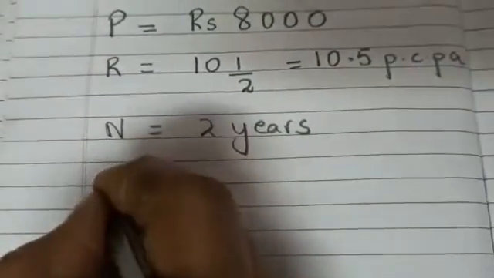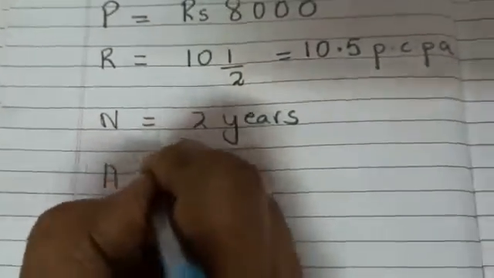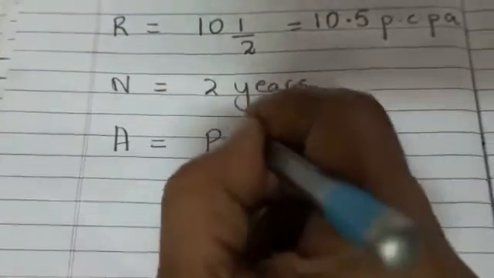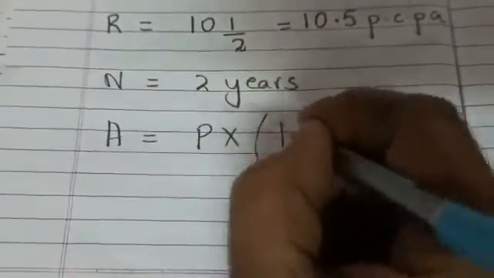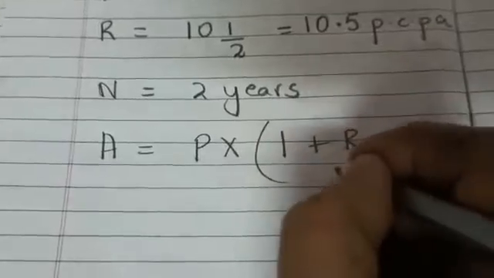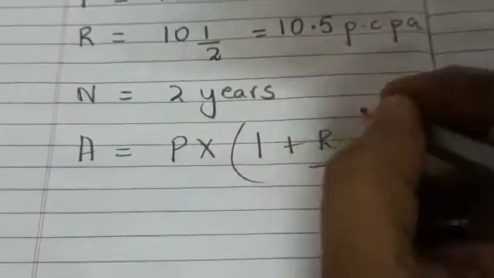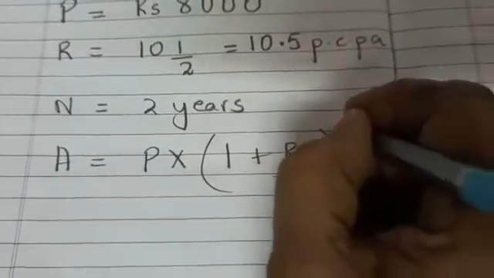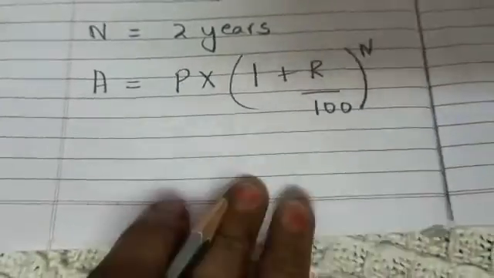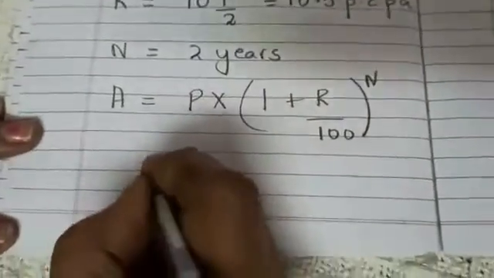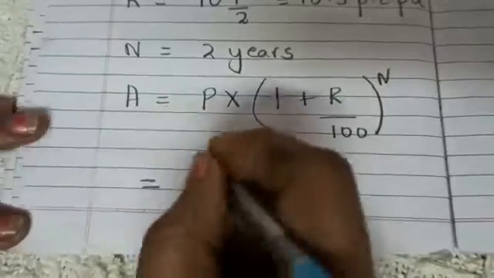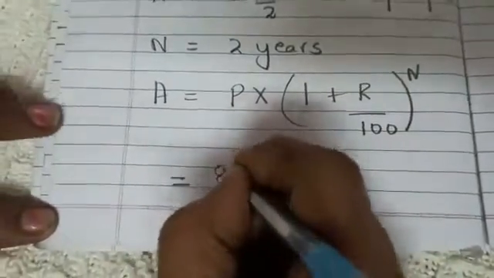The formula is A is equal to P into 1 plus R upon 100 the whole raised to the power of N. Now substituting it, we get A equal to P, which is 8,000